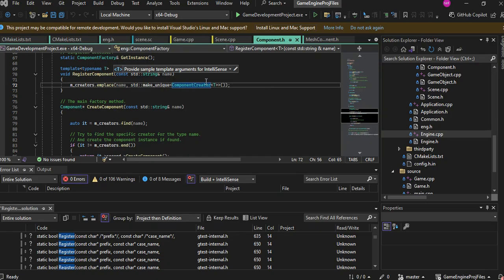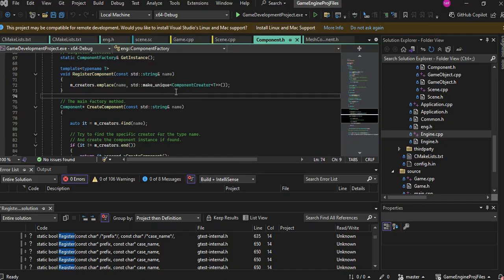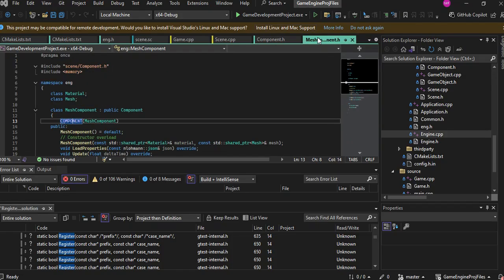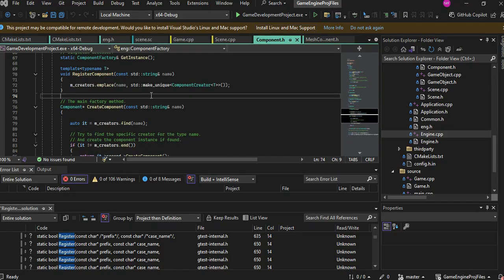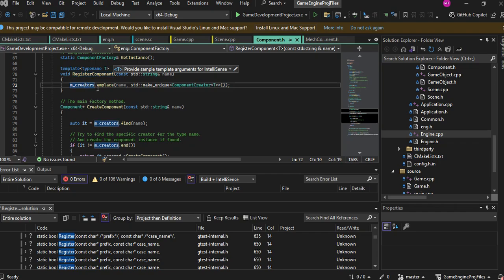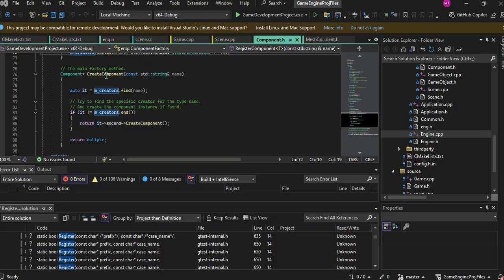for that component specifically. So here we've got a generic type T as a template. So this code only gets generated if it's actually called. So in this case, like a mesh component here, we'll register the component into the creators. And then what we're able to do is when we call create component specifically from this